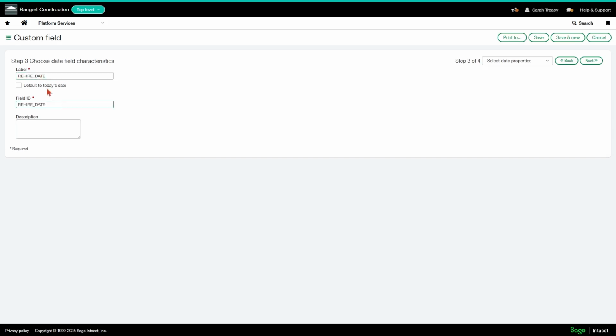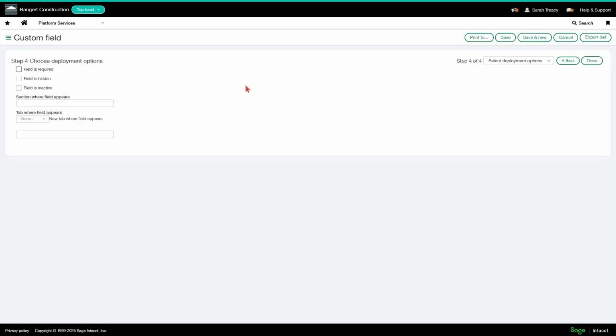The field pre-fills from the label. I'm going to default it to today's date. And then here I'm going to say on the tab I want it to appear is employee information. There are no sections within that tab, so I'm going to save that